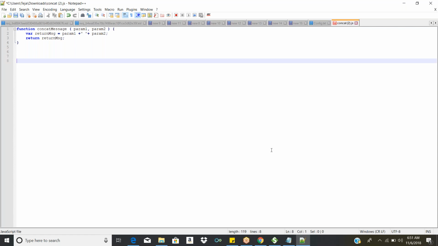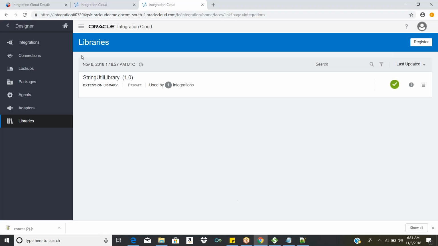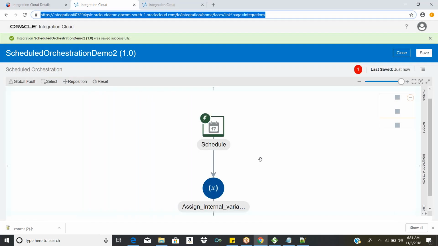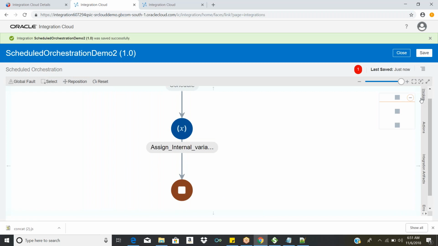Okay, so that is a JavaScript function. How we can call a JavaScript function and how we can register it, I will explain, because we need to prepare a JavaScript library. As of now, we have a JavaScript library that is already imported into this demo environment. Going forward, we can talk about how to write the JavaScript library. For now, we will only talk about how to call the JavaScript function, so we are going to use the function that is already imported.